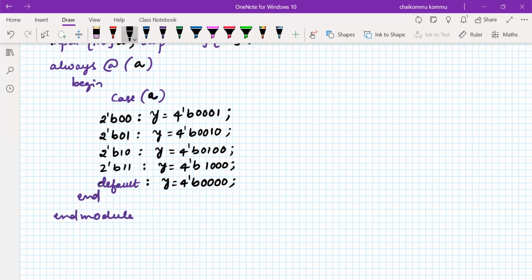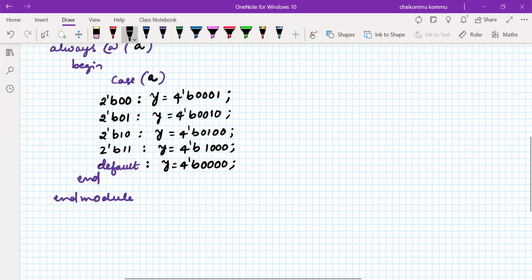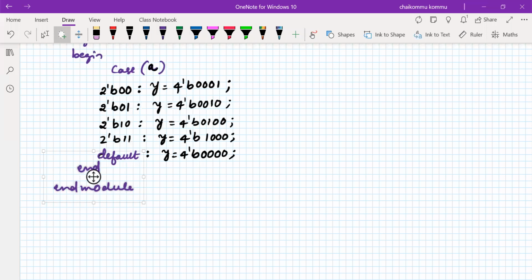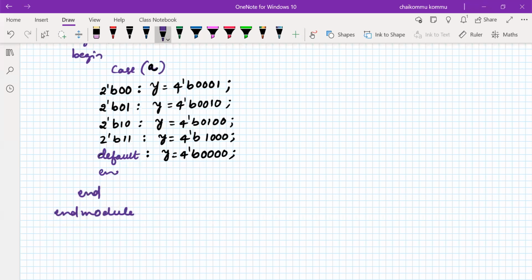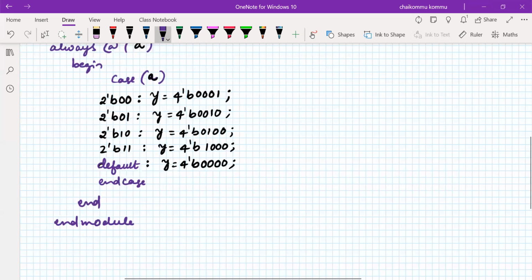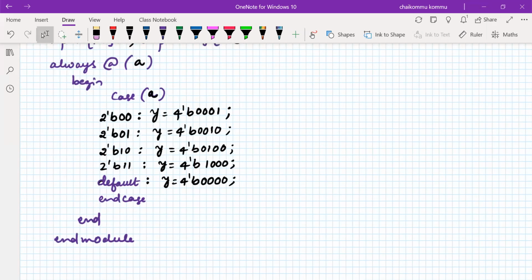Finally, endmodule is already written, but we need to write endcase, right? So endcase. Don't write any semicolon there for the endcase. Endcase must be written as the same word. Is it clear?